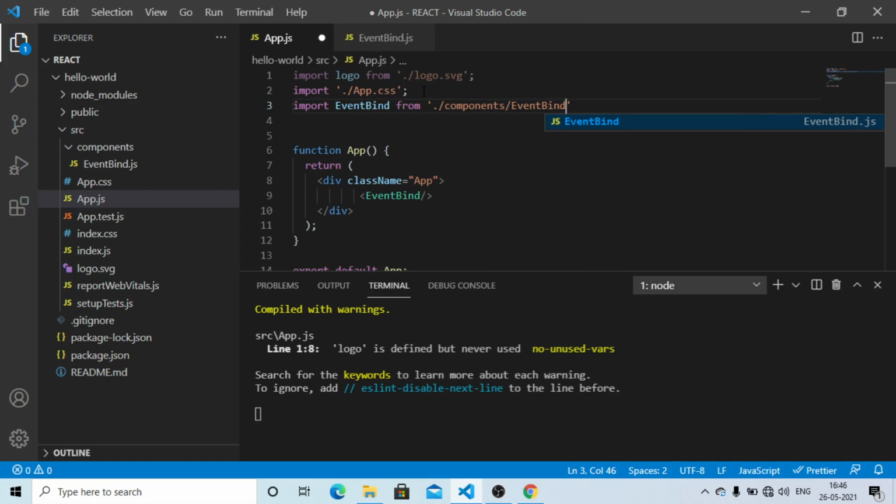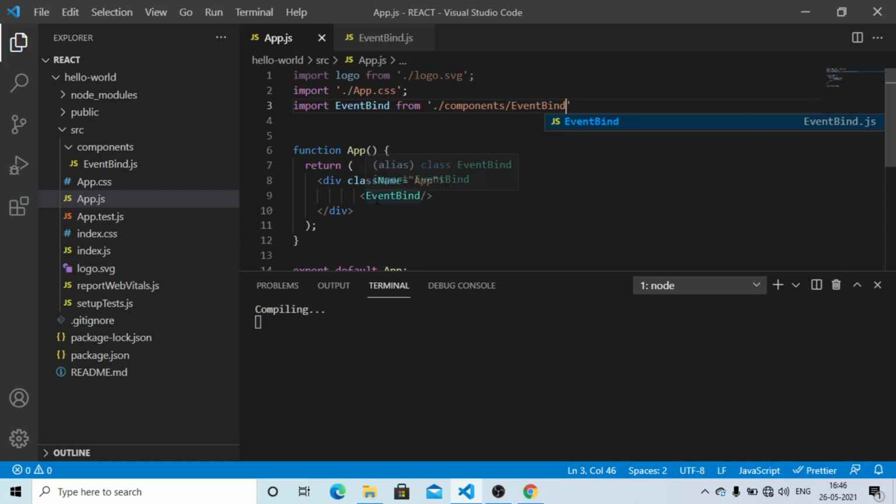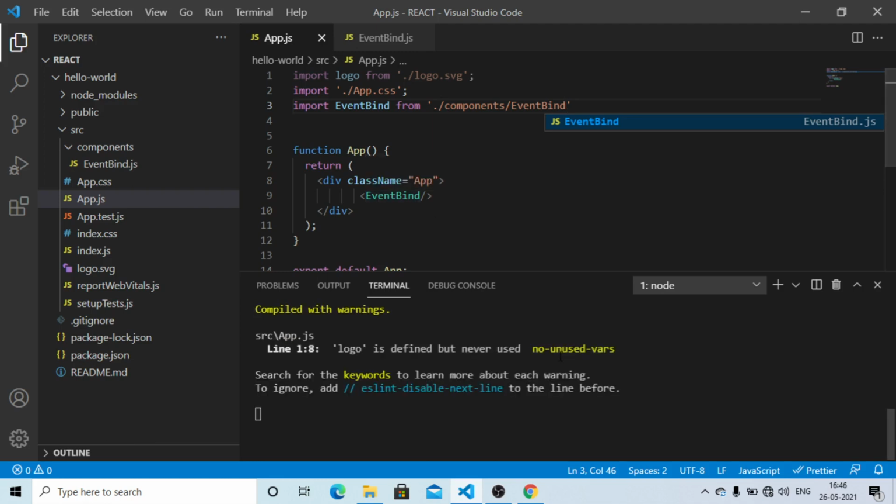So as soon as we save the files, we should be able to see the button click in the browser.